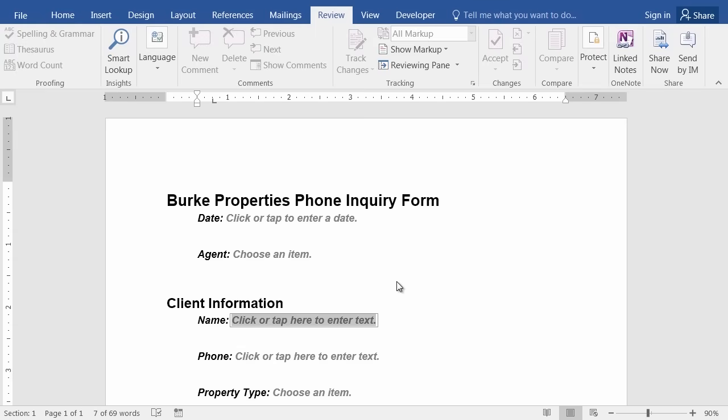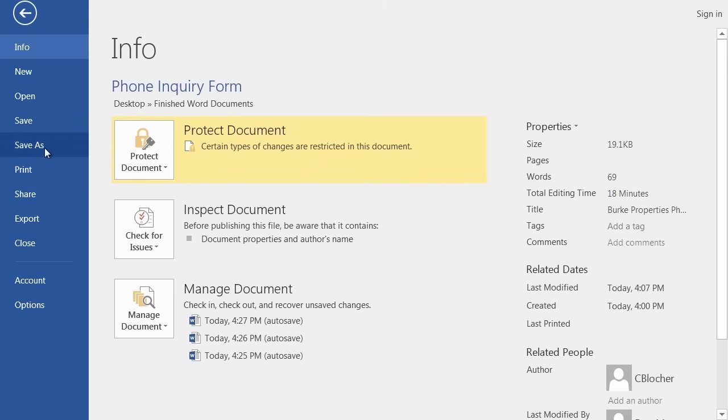That way, all the receptionist has to do is say, I'd like to make a new document. The templates appear. They choose the personal templates, and then they open the phone inquiry form, because they won't have to look through a whole lot of documents that way. So here I go, saving this thing as a template. File menu, Save As,